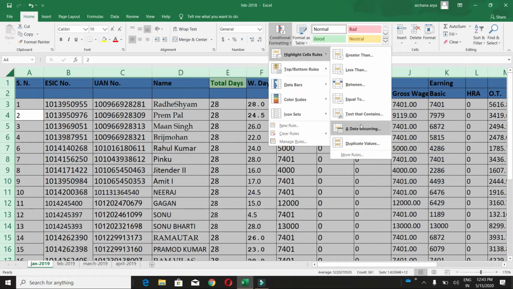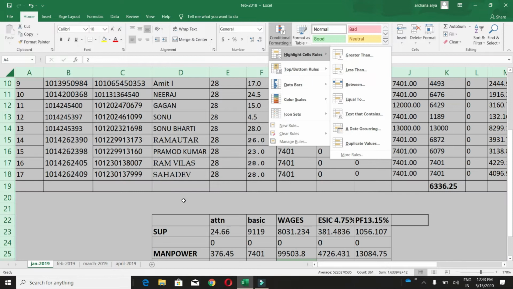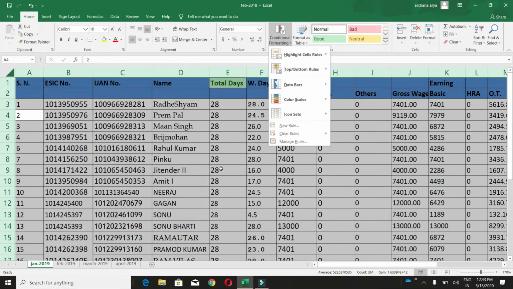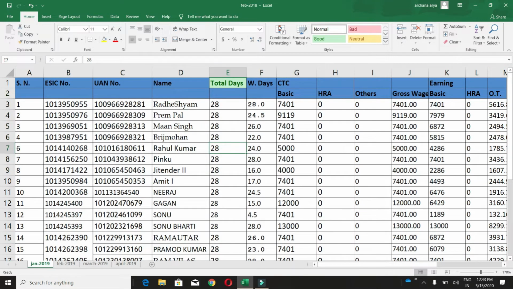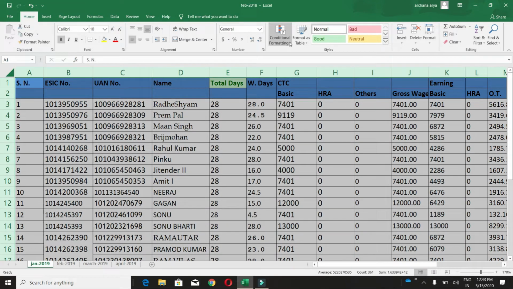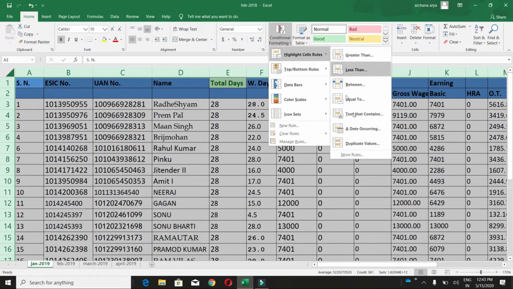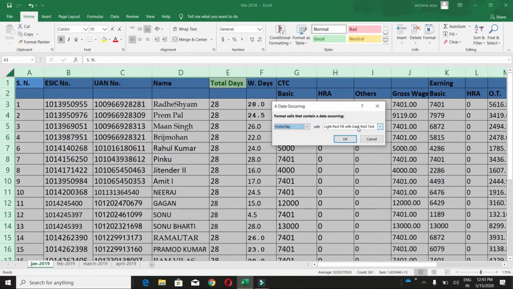The next option we have is date occurring. Date occurring means, guys, we don't have a date column here, so fine. Take the entire sheet, go to the date option.